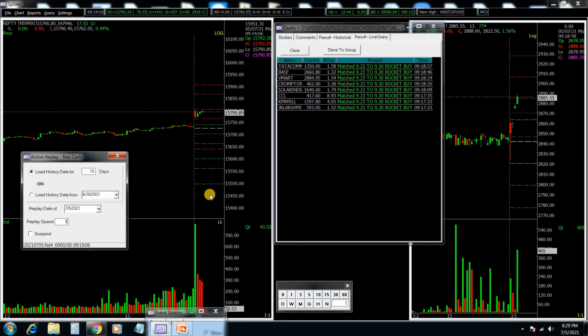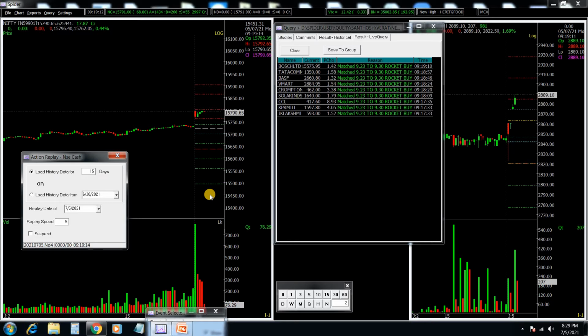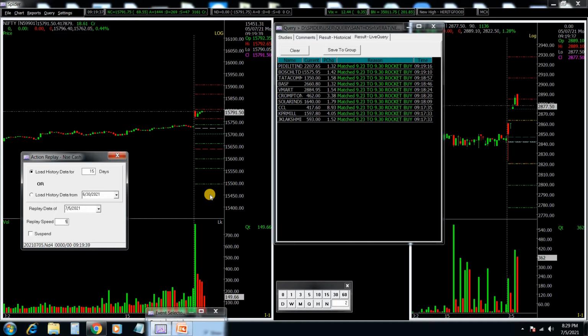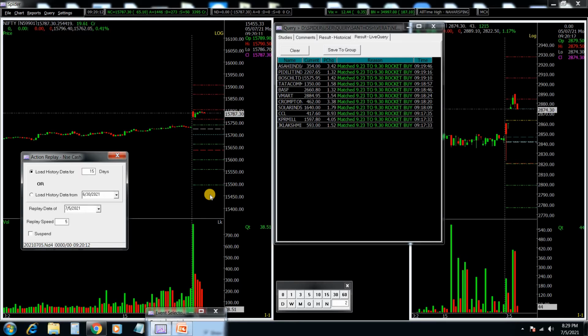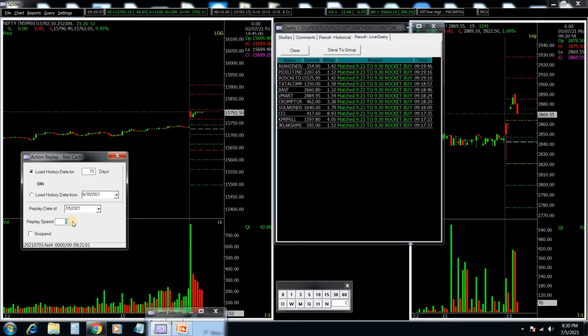Now 9:18, 9:19, 9:20, we got Tata Communication, Bosch, Pidilite. Let's see the scanning till 9:22, then stop the scanner and check the entries, what to trade and what not to trade out of the scanned scripts.